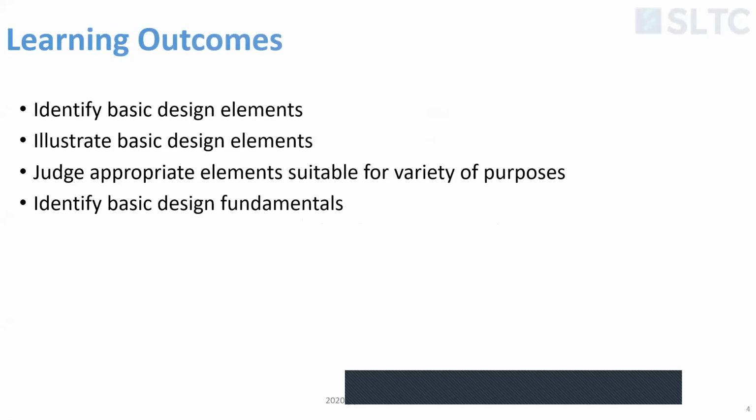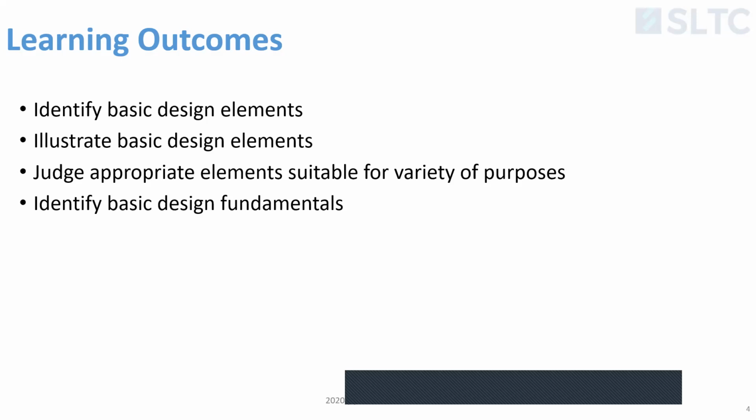So what are we trying to achieve out of this entire program? We call it the learning outcomes. So first, we are looking at identification of basic design elements. So first we need to understand the elements. What are these design elements, right? That's number one. Number two, we look at design illustration,